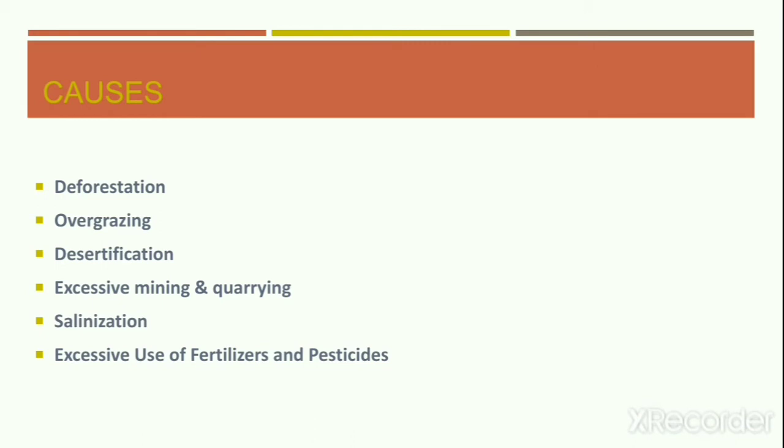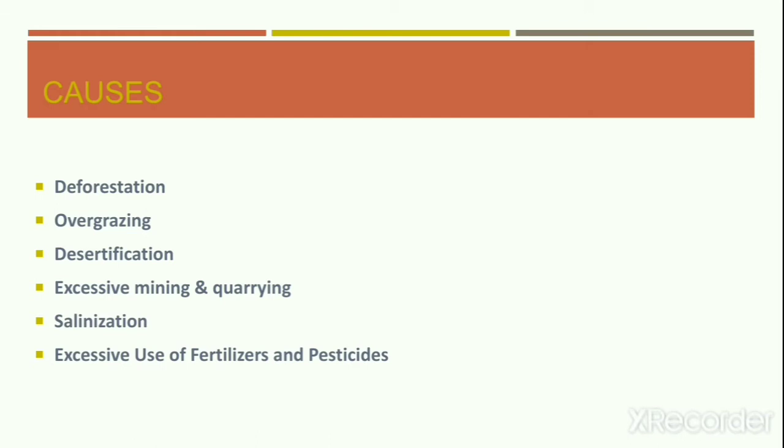Let's look into the major causes of degradation of soil resource. Deforestation is one of the prime factors of soil degradation. We all know that forests play an important role in maintaining the fertility of soil by shedding their leaves which contain many nutrients. They are also helpful in binding up of the soil particles with the help of the roots of the vegetation. Therefore, indiscriminate cutting of forest will affect the soil adversely, leading to soil erosion.